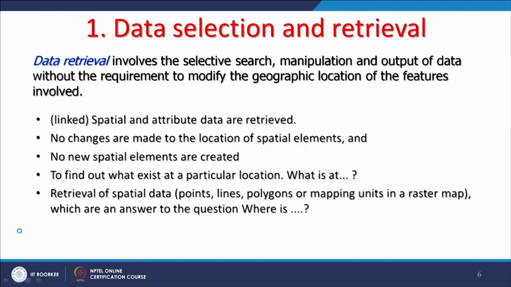Also, all spatial objects, whether they are point, line, polygon, or mapping units in a raster, that means cells or pixels, can be retrieved, can be selected, and accordingly we can utilize them. If we perform this kind of analysis or retrieval, then we can answer the question where is. That question can be answered very easily.